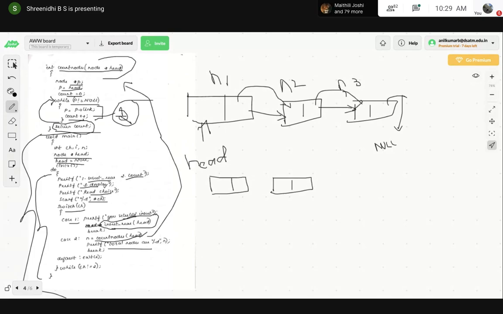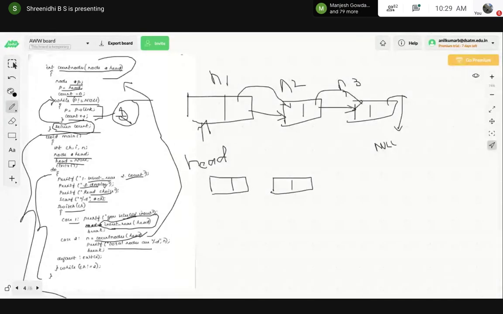Similarly, like displaying the stack and the queue, here also we're going to display only the information field of the linked list. Now the main part here.